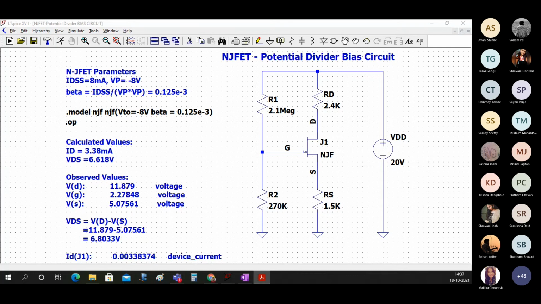If you see, our Q point is ID is 3.55 and VDS is 8.8.